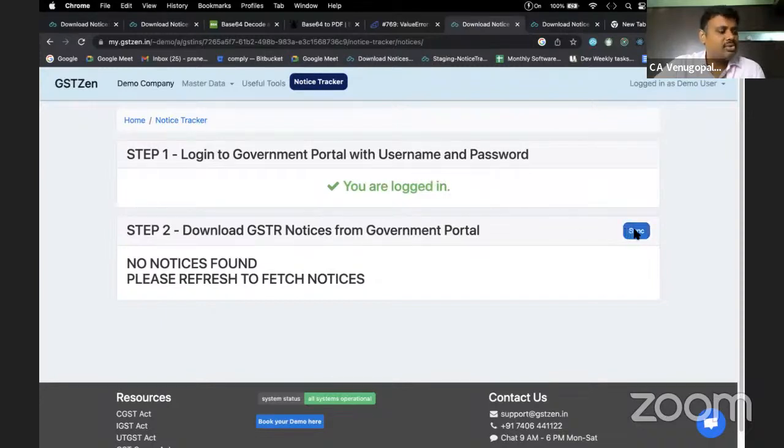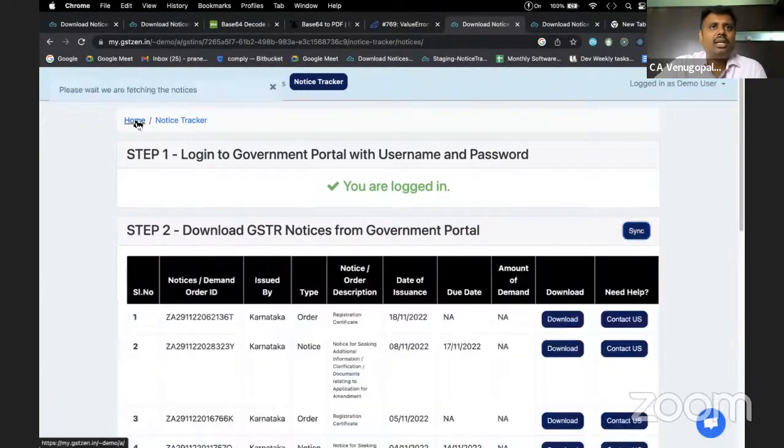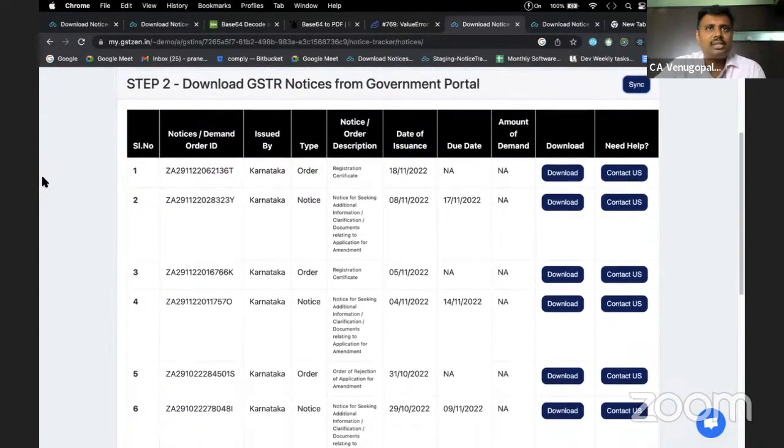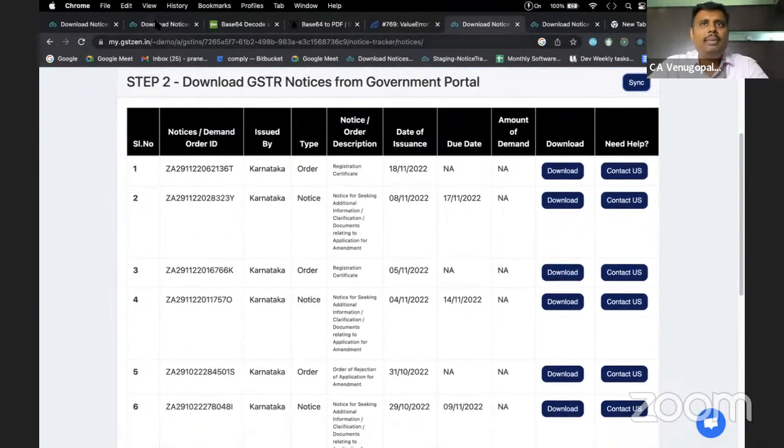So as soon as you log in, step one is completed. Step two is where you will be syncing the notices. You just click on this button. Right now there are no notices. The moment I clicked on this, on the left side it started fetching the notices and fetched all these notices. So you will be able to see the notice ID and issued by which state